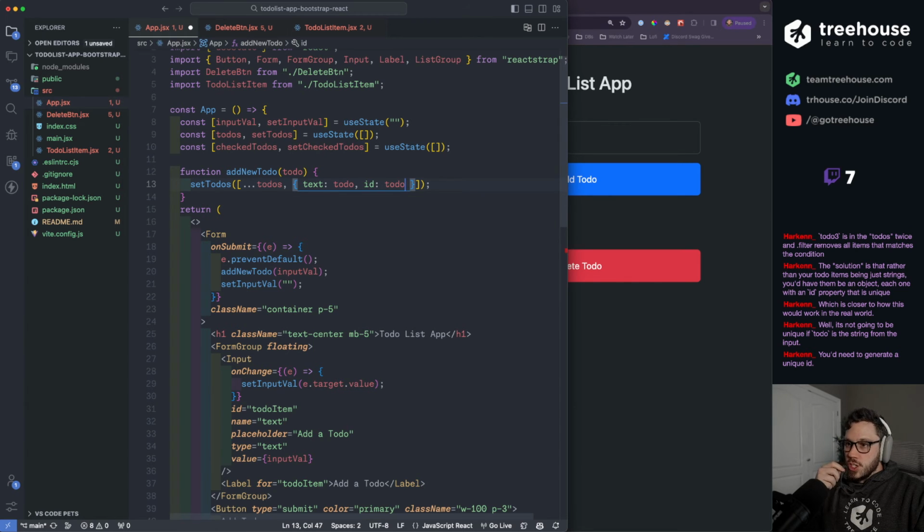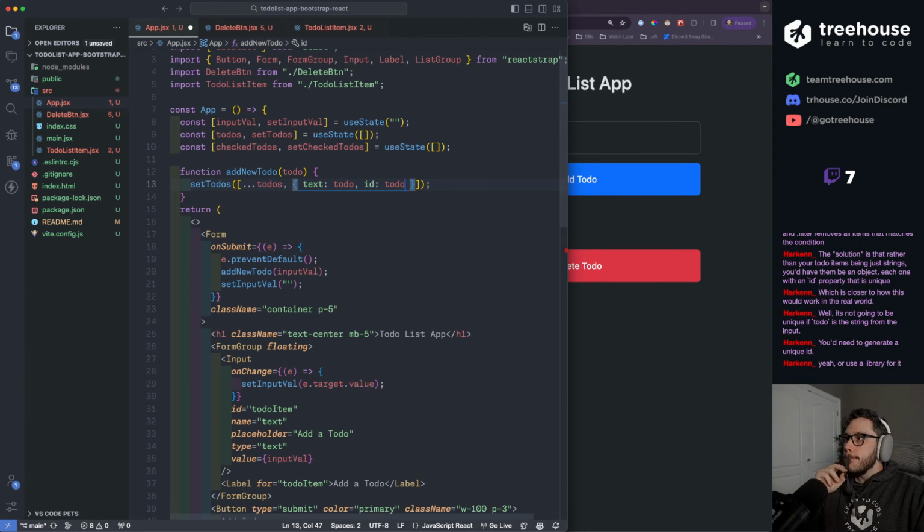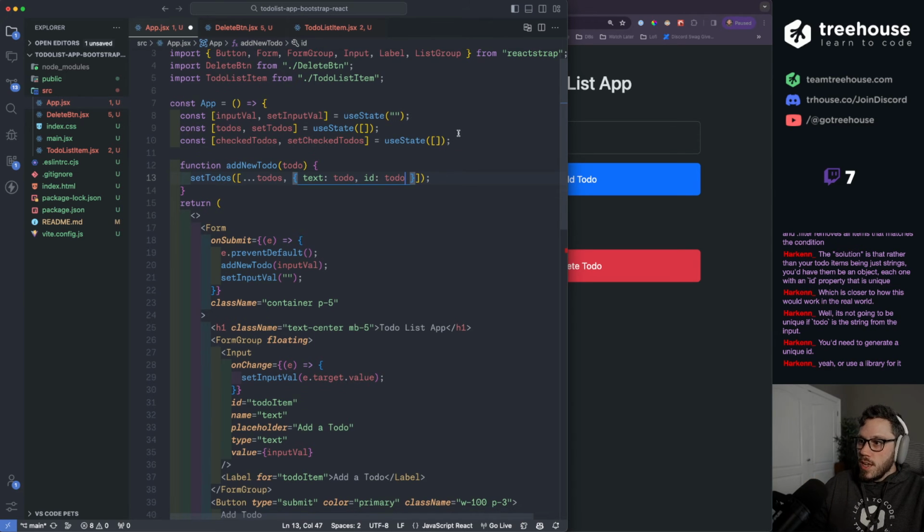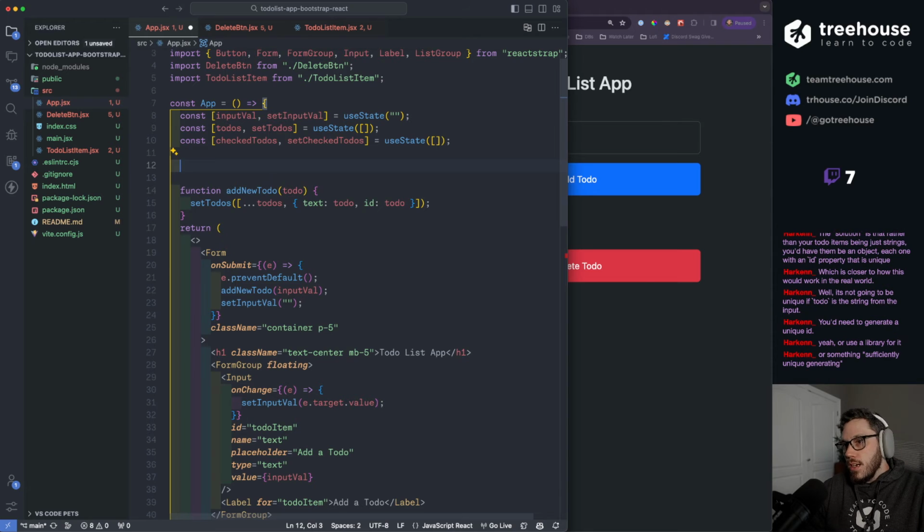Could I create a function that just creates a random number? Though the likelihood of that number being duplicated would be low, it's still possible. Yeah, or use a library for it. Let's see if we could just do that and then see if we can work with it.